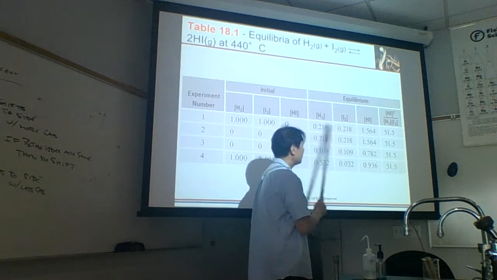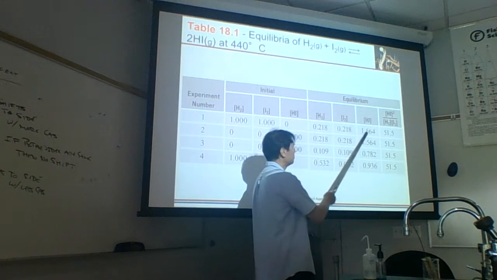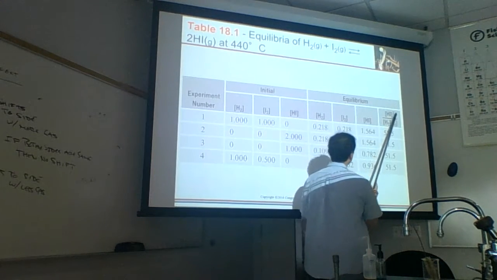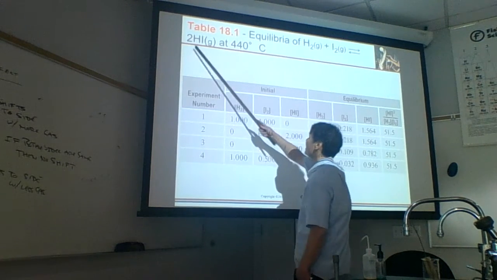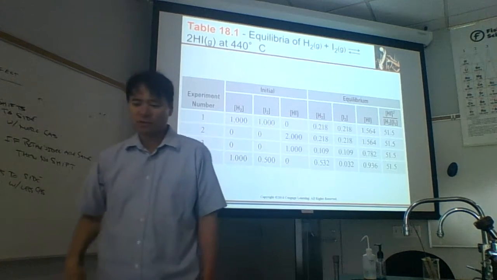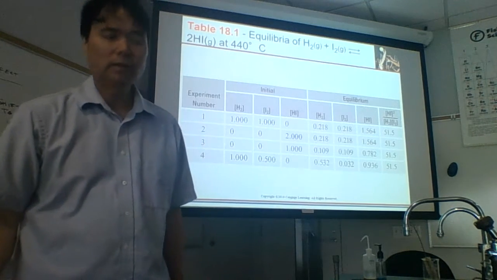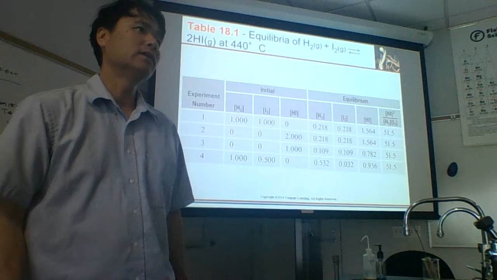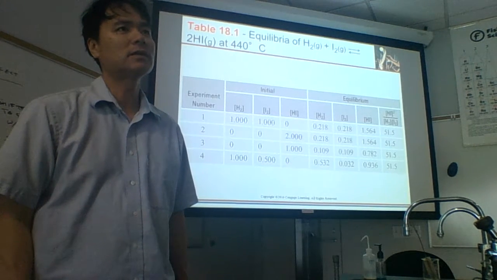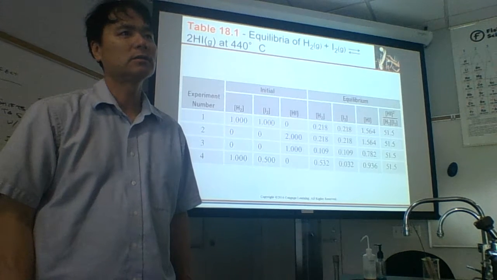But anyway, what we have here is this ratio. When we do the ratio of HI, now we have to square it. Why? Because it has a 2 as a coefficient. But why do we have to square it? Where does the equation come from? Well, this is part of what we call the scientific method. What was the scientific method again? Scientific method was